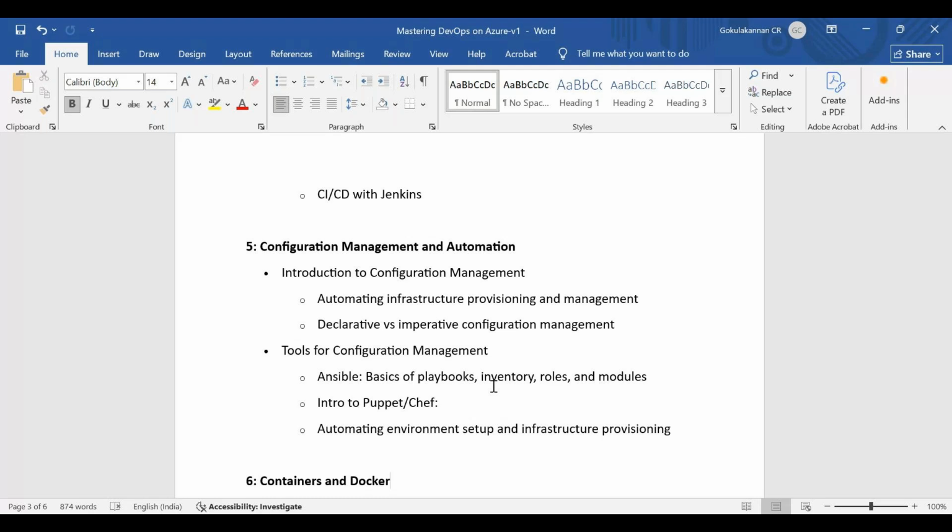So Ansible is the one which is widely used in the market, and we can see it in a lot of JDs. So if you are going to apply as a core DevOps person, not a testing background, then this is one of the must-have skill sets. So you should be aware of Ansible. So we are covering that configuration management.